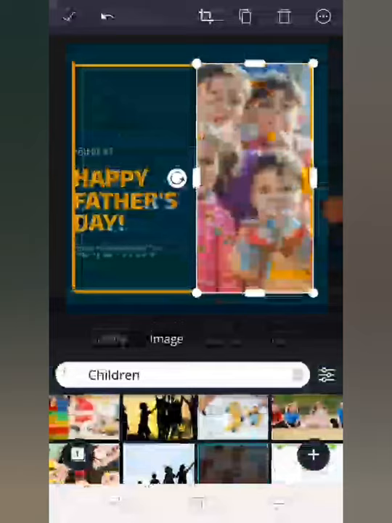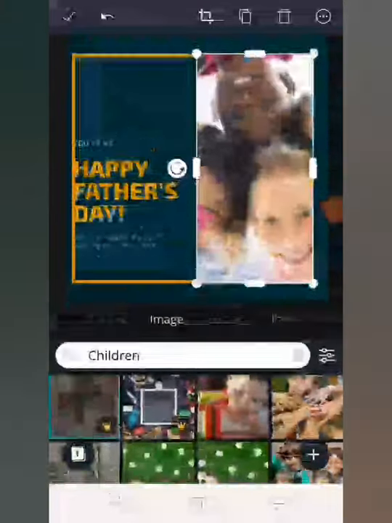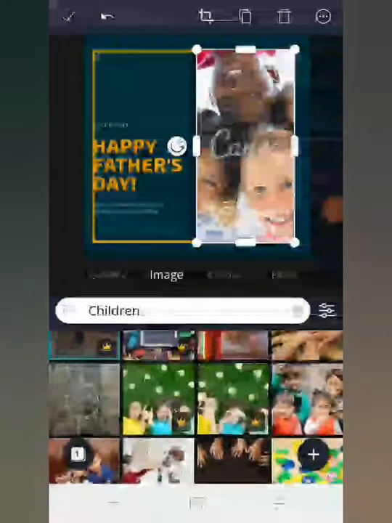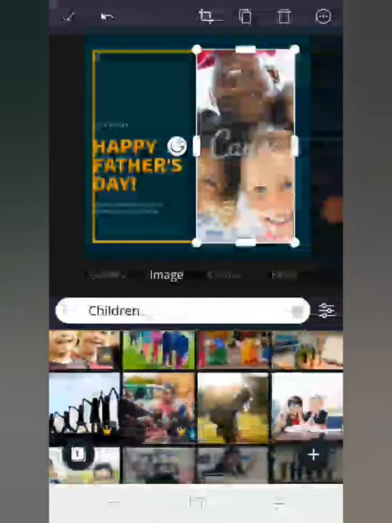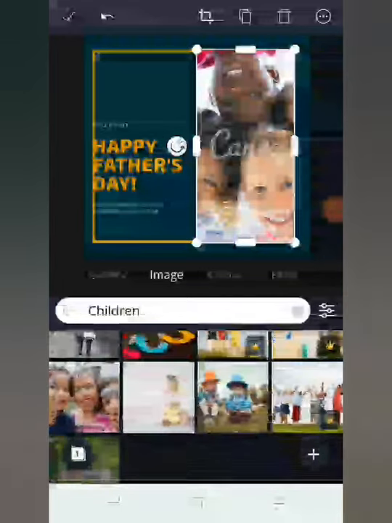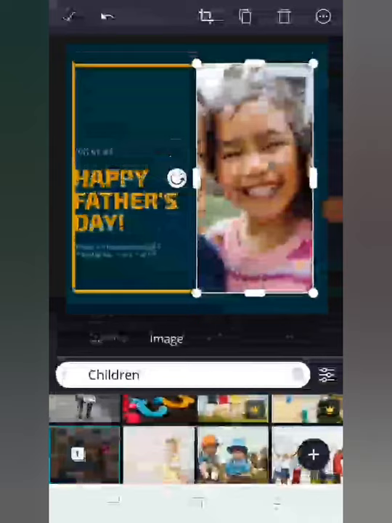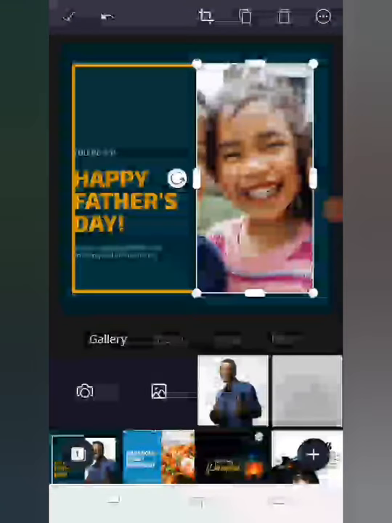this. You can choose from different categories, any category, any picture. Okay, let's choose this. So now your picture is already ready. Right here